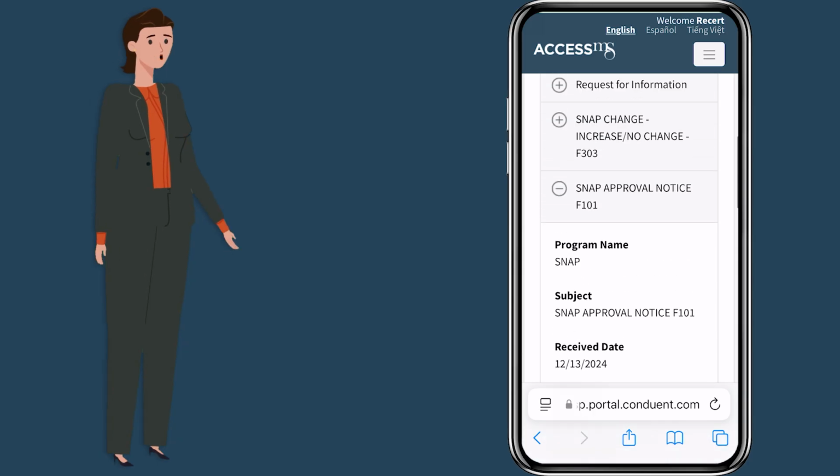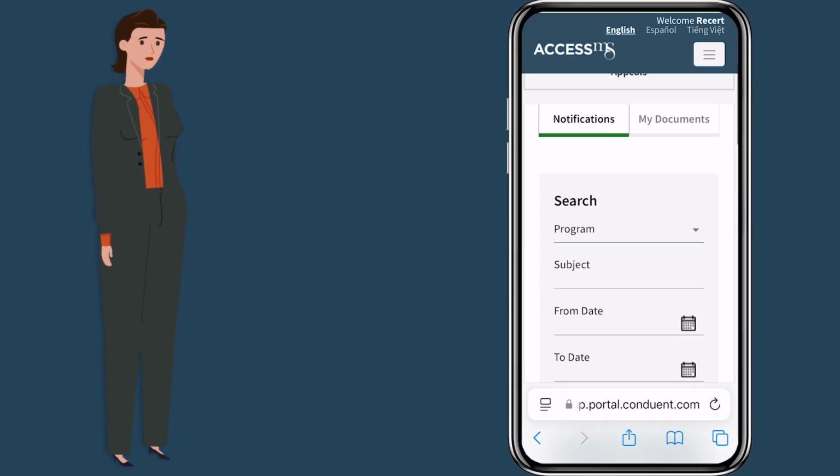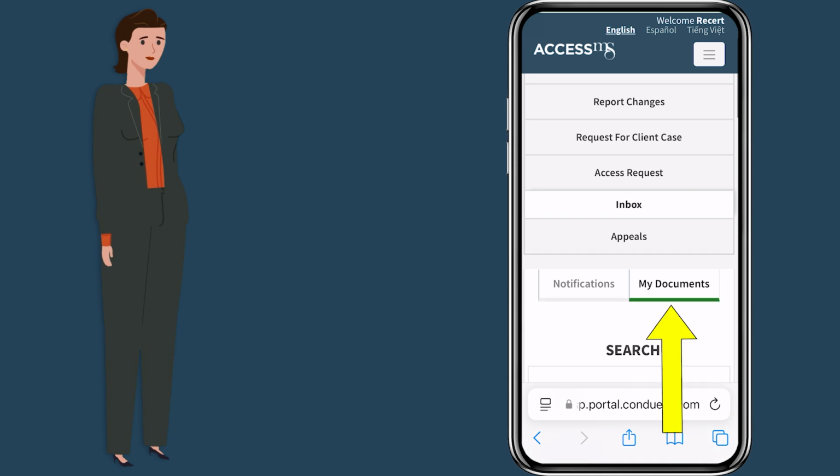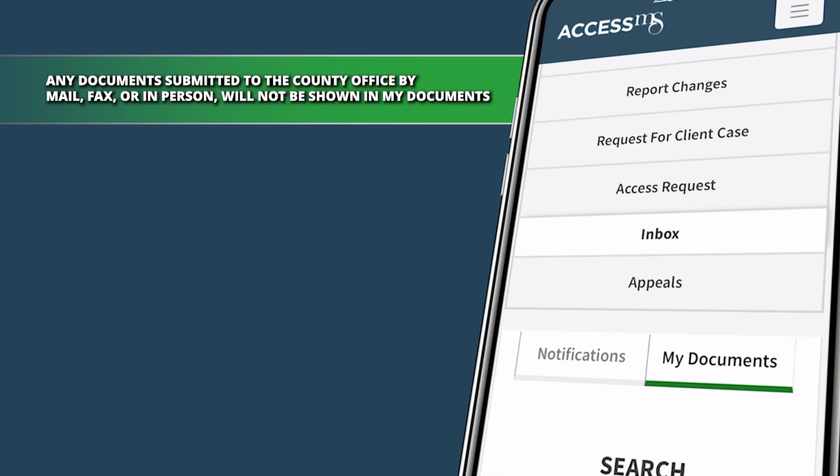Next, let's go back to the previous page and scroll up to the My Documents tab. Once your caseworker has reviewed the documents that you have submitted online and placed them in your case, you will find them here. Any documents you submit for your case through the Document Upload feature on the MDHS website or through Access Mississippi will be shown on this tab. However, documents you provide directly to your county office, like documents submitted by mail, fax, or in person, will not